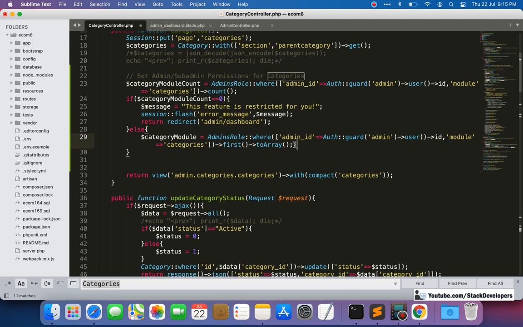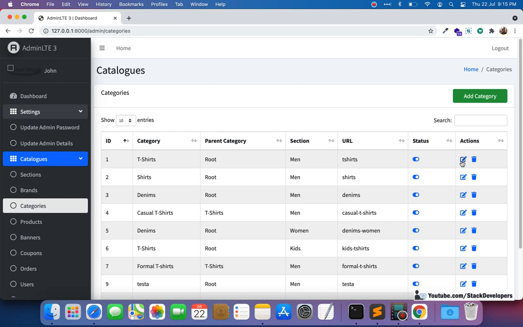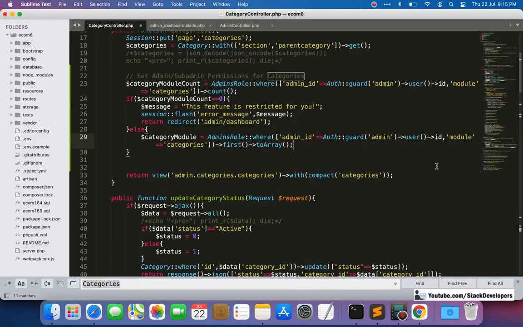So now this category module we are going to return. But before that, if John tries to edit something, the error message will come again. Okay, so let's pass category module here,